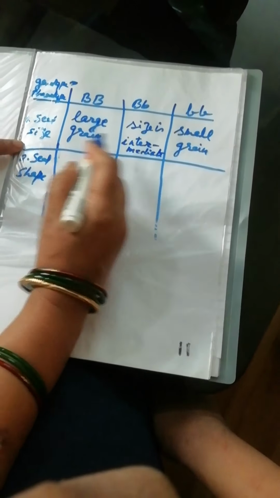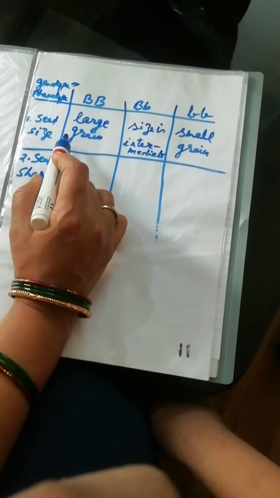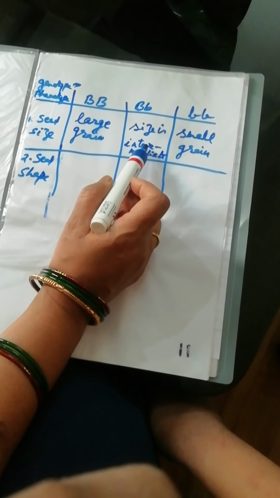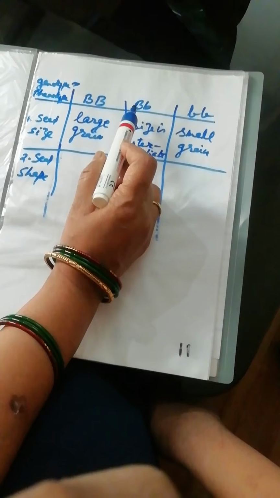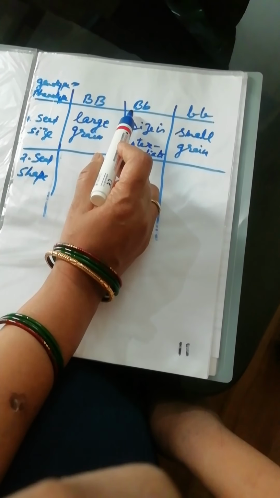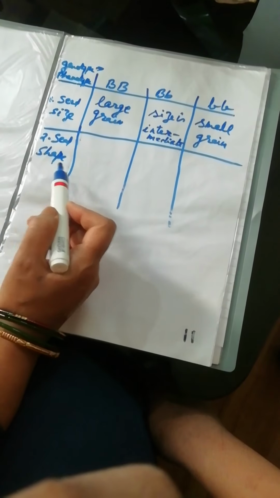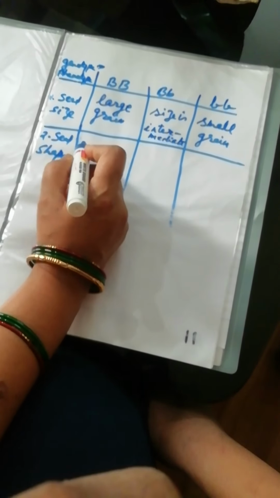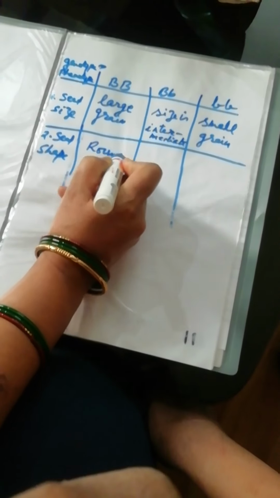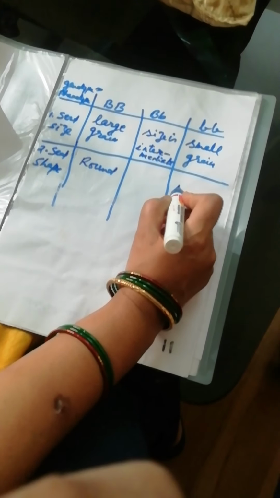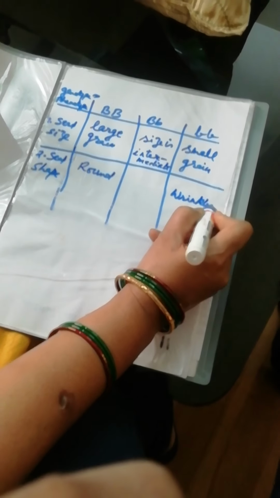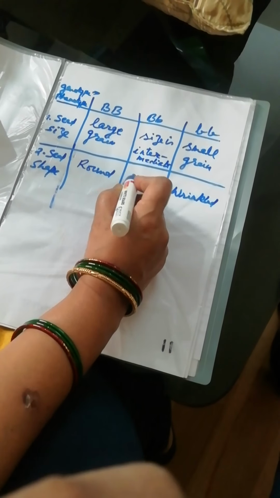Intermediate. So in this case, would you call that this gene is showing complete dominance? No. It is showing incomplete dominance. When both are present together, neither of them is able to express or dominate the other. Rather, an intermediate character is expressed. But if the same gene is influencing the other phenotype, that is seed shape, when this is the genotype, capital B, the shape is round. When this is the genotype, it is wrinkled. And when this is the genotype, again it is showing round.